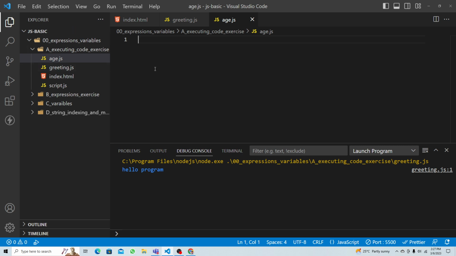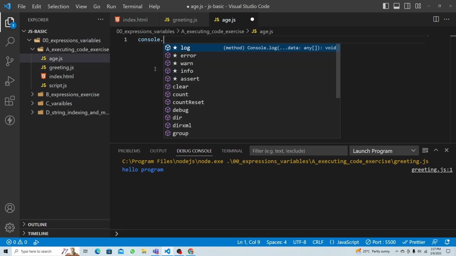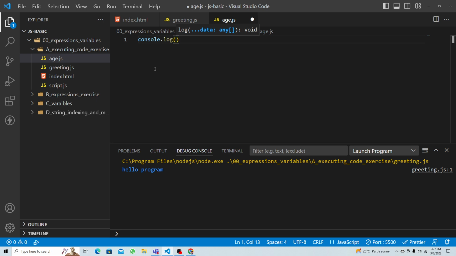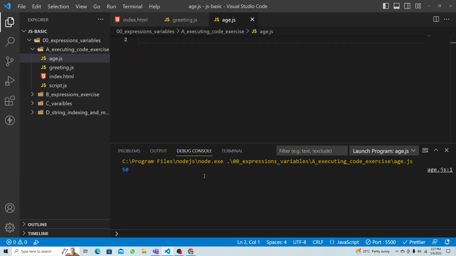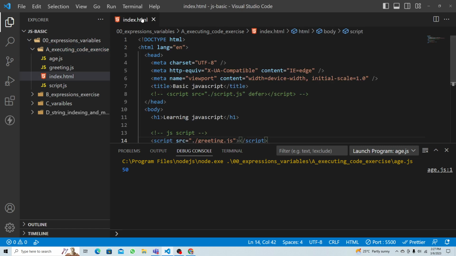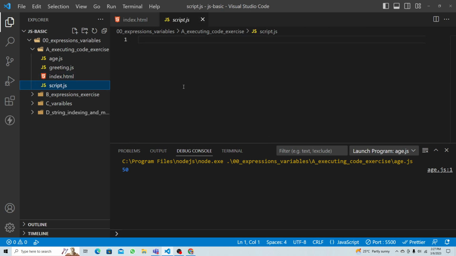So I will just print console.log, and the age will be 50. Imagine that. And I will go to Run, Start Debugging, click on Node.js, and I should get the 50 here. See that, 50. That's what I printed. So what are these things? I will explain the data types in JavaScript first, and then we're going to move to the next step. Let's stay in our script, and I will talk about the